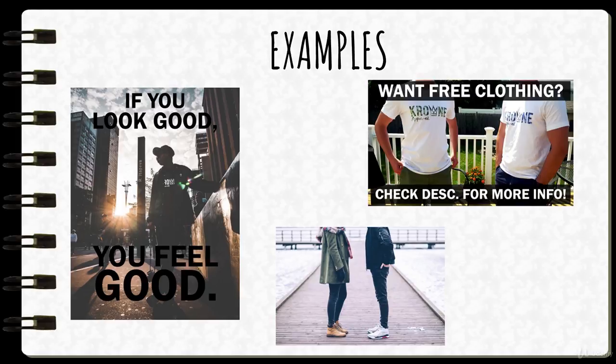Now, the one in the top right, there is some more text to read, but it really contrasts itself from the rest of the picture, and it is easy to read and very noticeable. In addition, the picture in the background is simply just a sunny day with people wearing nice looking clothing. Lastly, the picture on the bottom is 2 people dressed up very nicely. It's simply a visual. There is mostly a description that has what they wanted to say in the text, but they didn't want to put it on the picture to ruin it. But these are 3 great examples of using content creation in the right way.